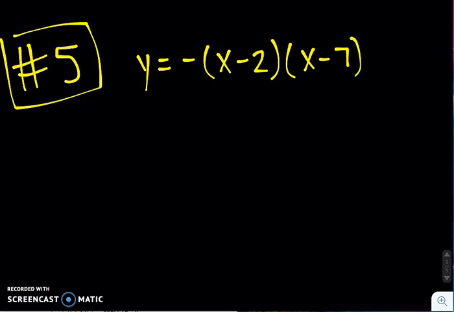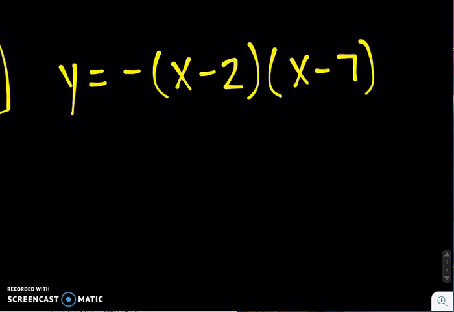Now we are going to look at putting equations that are actually in intercept and vertex form back into standard form. I think it's easier to graph when they're in intercept or vertex form, but if you like working with an equation in standard form, you can always put it back in that form. All we need to do is multiply everything together so that we have an x squared, an x, and a constant term. So for number 5, when we've got y equals negative x minus 2 times x minus 7,